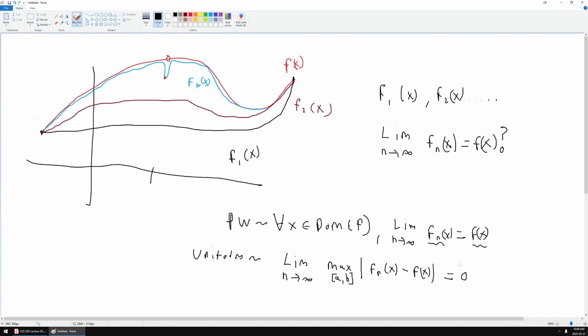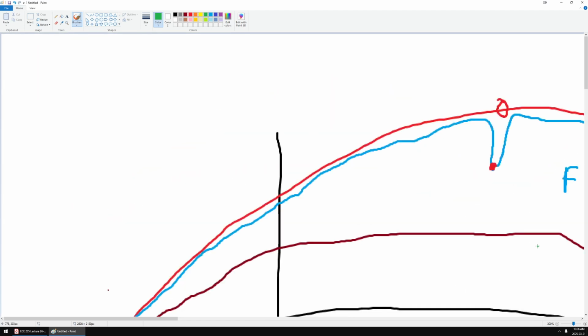Right? So the idea of uniform convergence is stronger than going for each point, because if I go to each point, the way that these approach my f of x doesn't have to force the maximum error to behave well. We have an example right here, right? If I'm trying to converge, with these nice, smooth curves that I've been drawing, to this discontinuous function, and I go to compute the error, we're going to zoom in just for emphasis, right next to this dot, right where this jump is, assuming that's a vertical line, the error on this tiny little slice, if this function's continuous, the blue curve needs to be near